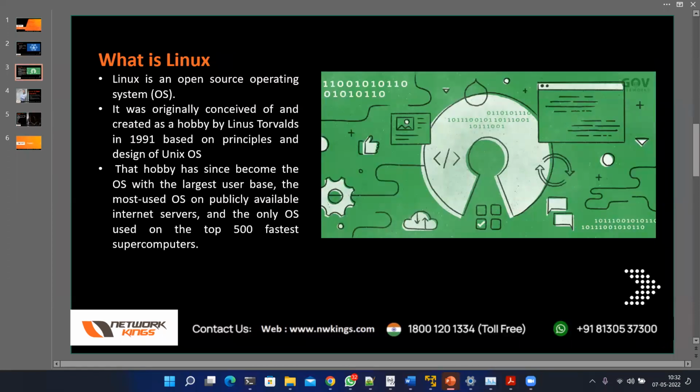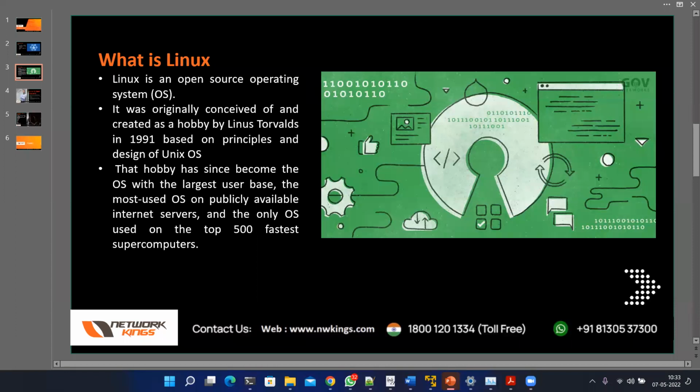Okay, so see, when we say Linux, not Red Hat Linux, not Ubuntu Linux, just Linux. Linux is an open source operating system, which means even you can download the source code. When you create a program, you type the code in a file, then you compile the program, then the program gets executed, and then you see the output on the screen, right? Similarly, an operating system is a kind of program. It's a very big program with lakhs of lines of code. So we have huge code in this program.